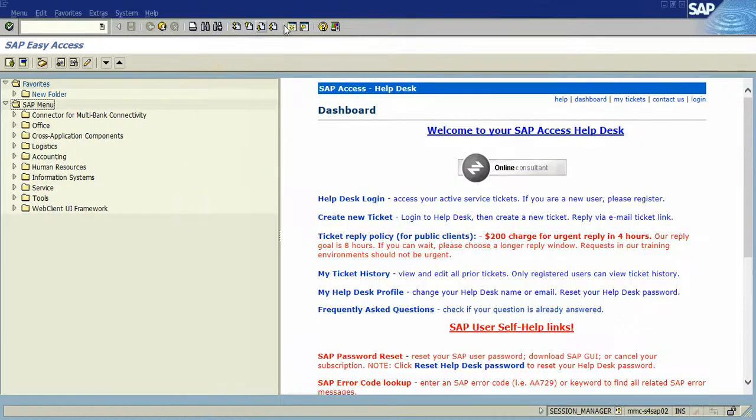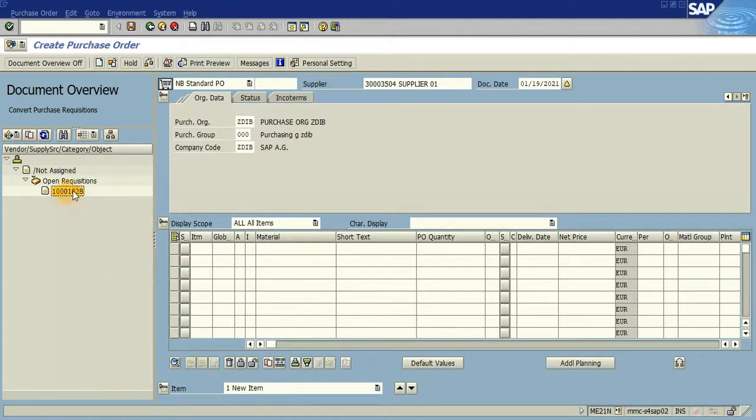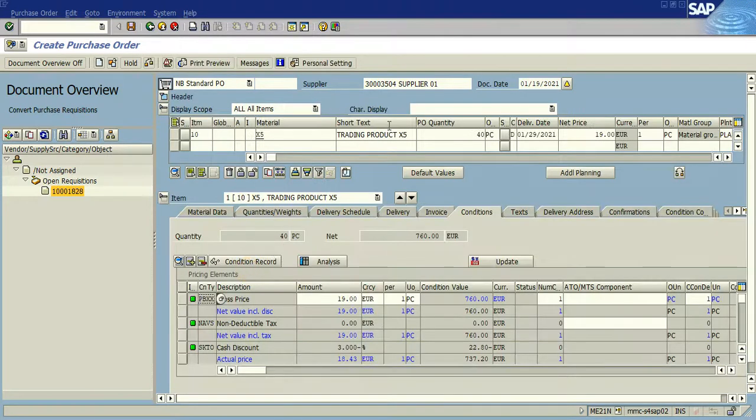Let me close this one. So this 1828, we can use it by selecting and dragging to this basket, and it will copy the information by default, and it will be faster than creating one manually. So if I save this purchase order,